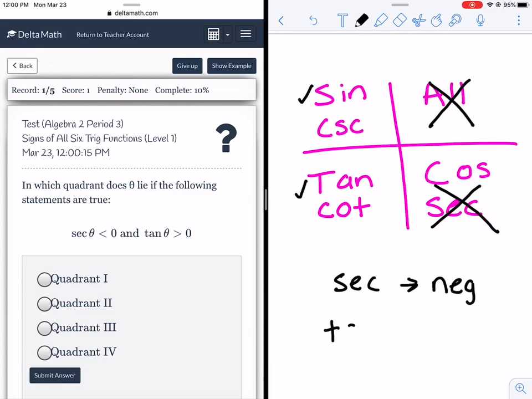Secant is positive in this quadrant and in this quadrant. Then they're telling me that tangent is greater than 0, which means tangent is positive. So which quadrants have tangent as positive? Tangent is positive in the all, and tangent is also positive here. So the correct answer would be quadrant 3. All